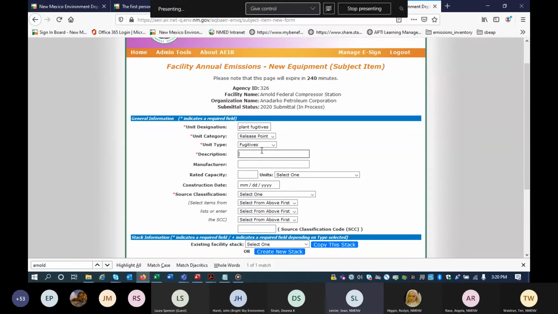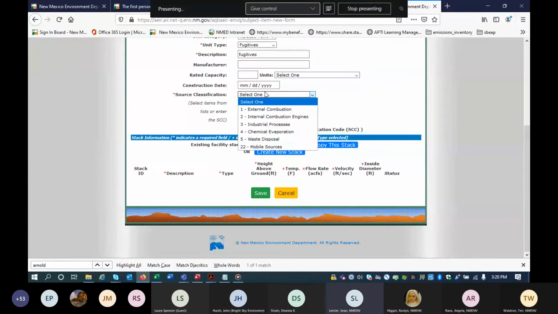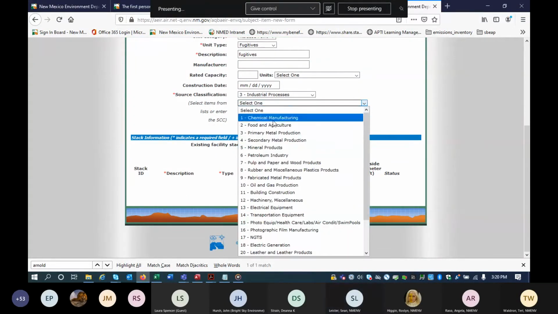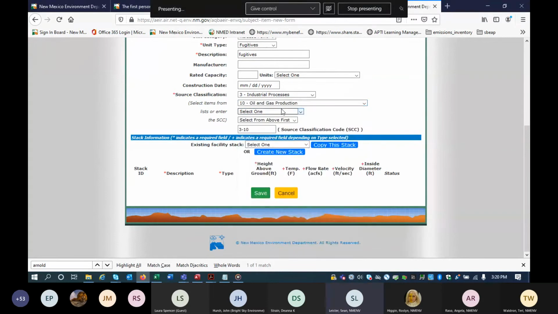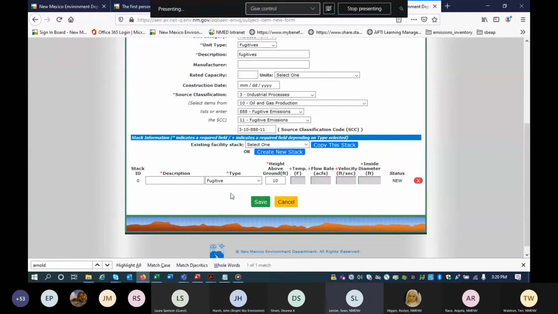You can just create a description, and the SEC for a fugitive would be 3, 10, 8888, and 11. And then the stack for a fugitive, which is the fugitive stack, and stack for fugitives. And I'll just create that.